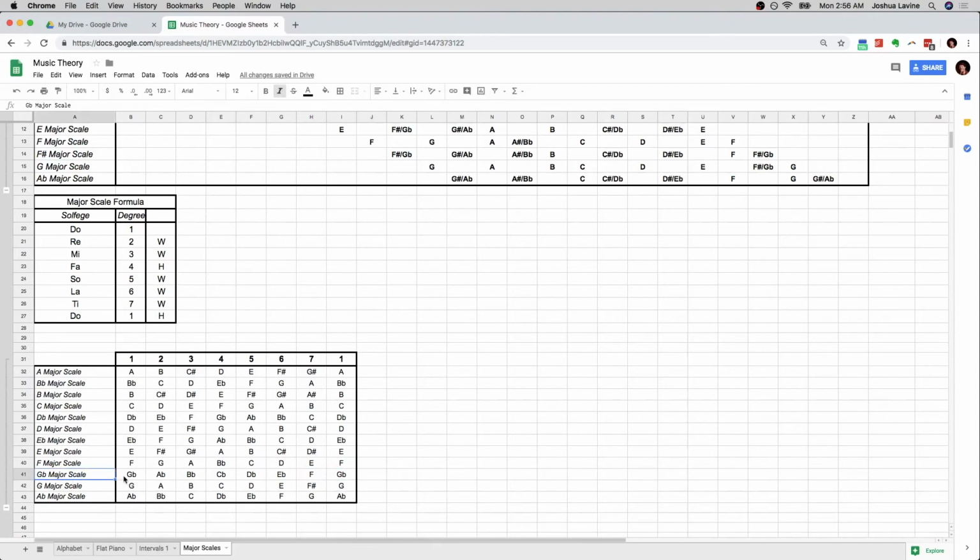I think I refer to them interchangeably throughout these videos. I think I prefer to think about it normally in G flat, but anyway, it really doesn't matter. So here you have it. There it is. This table